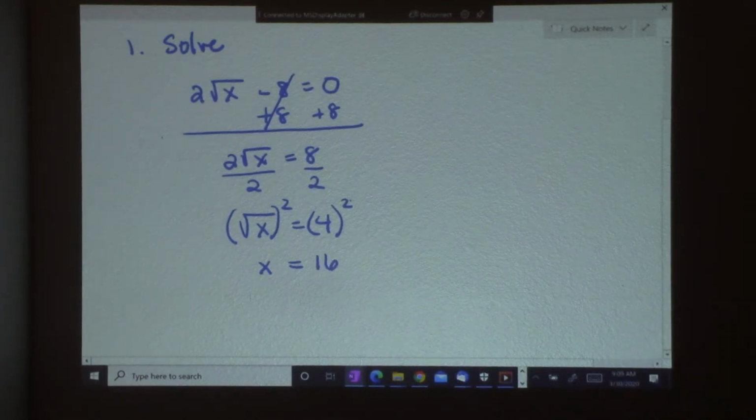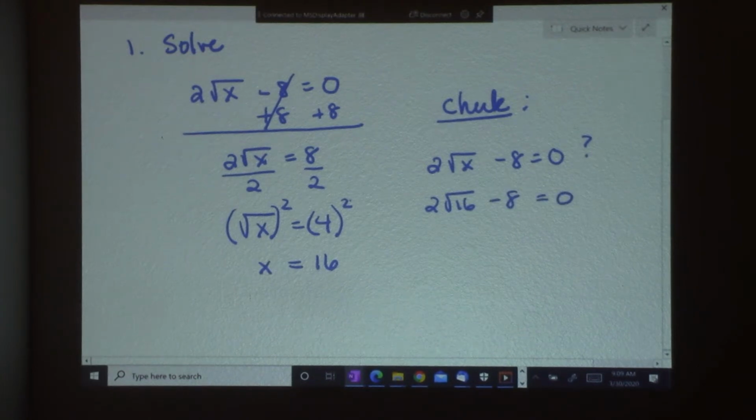Now, on these problems especially, checking is very important because sometimes one of your solutions will not work, even though when you solve it, that's what you get. So we're going to start that habit right now in this lesson by checking. So here's my original equation, and I'm going to ask the question, does that work? And I'm going to put 16 in